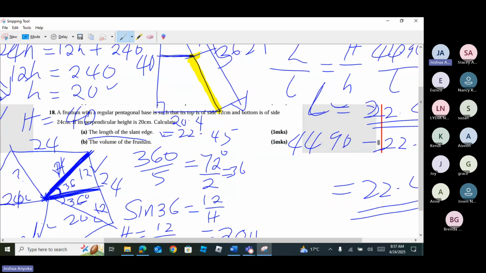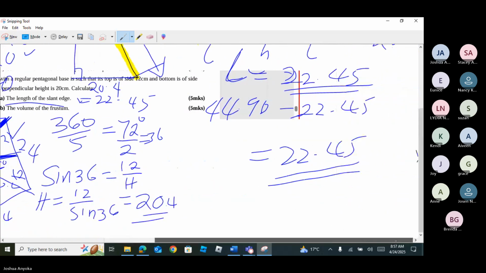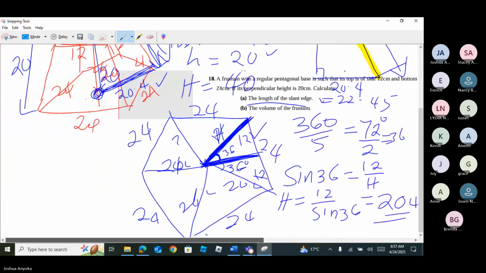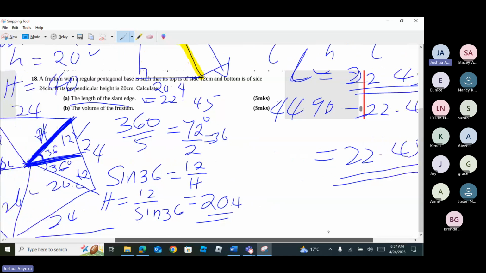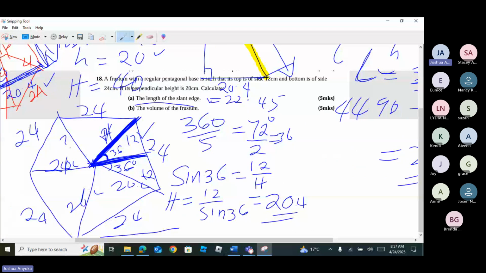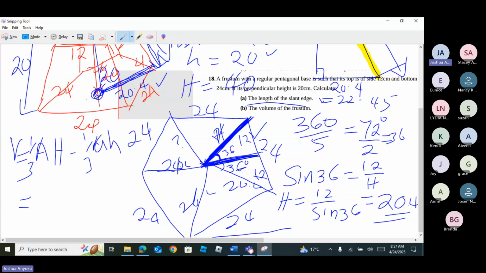I don't know the navigation, but maybe you follow later and see how we managed. Volume is now the easiest thing because we already know the perpendicular height. The volume of our frustum, we said, is equal to a third base area times height, minus a third base area times height. Our base area